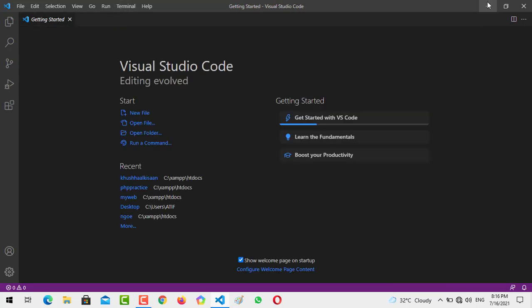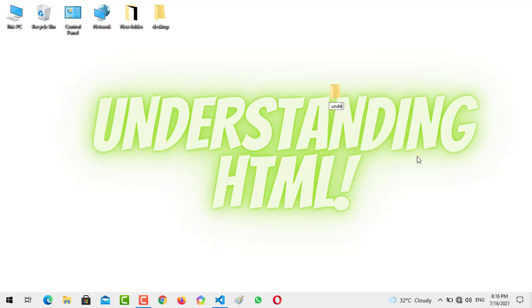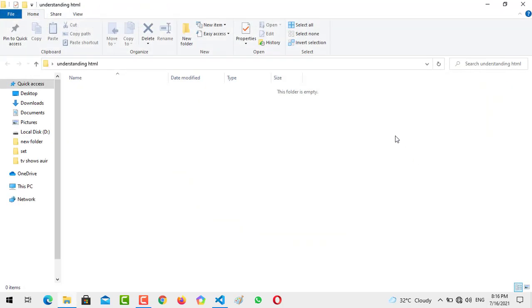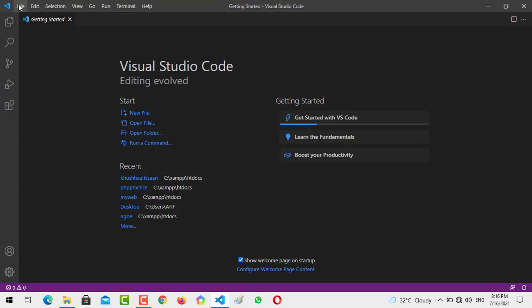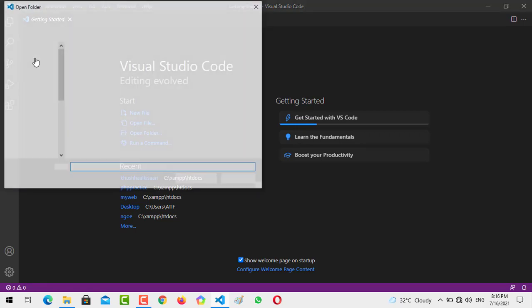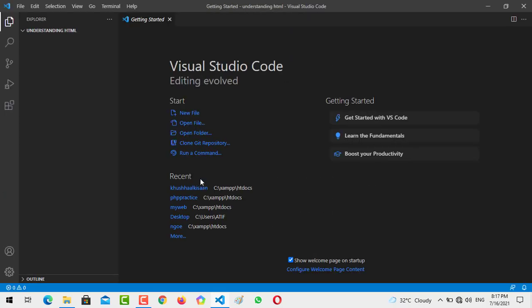For this purpose, minimize this window, and on the desktop we are going to create a folder named Understanding HTML. I have created the folder, and now I am going to open it, and as you can see, the folder has opened. Now I'm going to minimize it. I am going to reopen my compiler, Visual Studio Code, and go to File and Open Folder. On the desktop we have placed Understanding HTML, and the folder is currently empty. The folder has been opened, and we are going to create a new file and name it